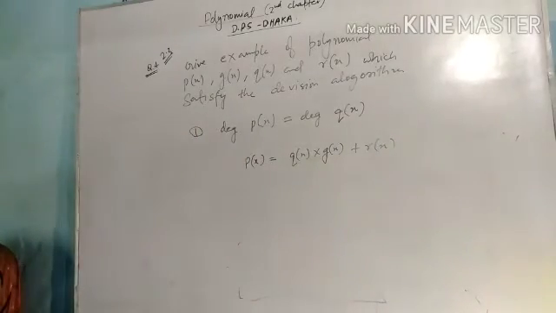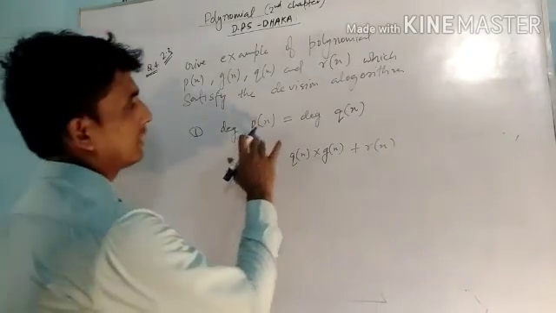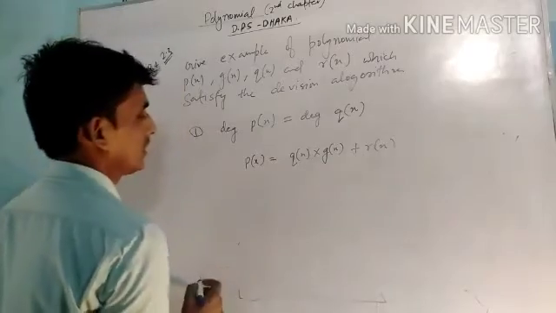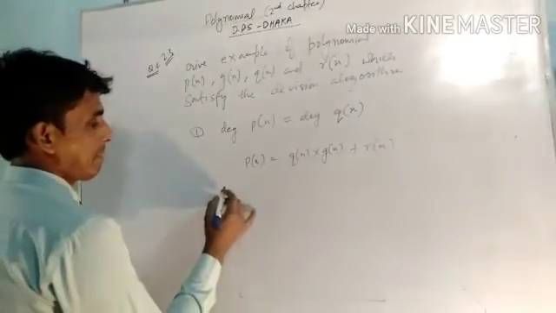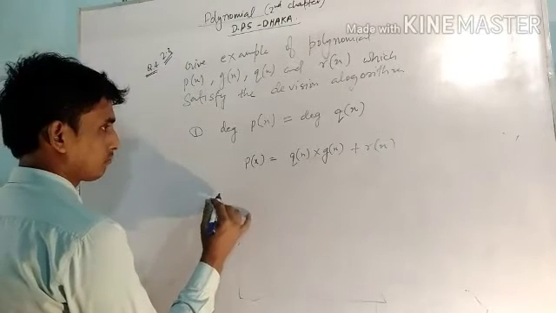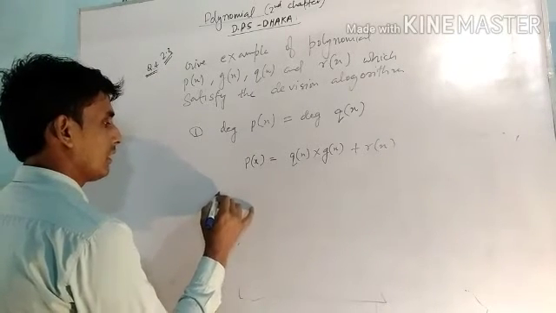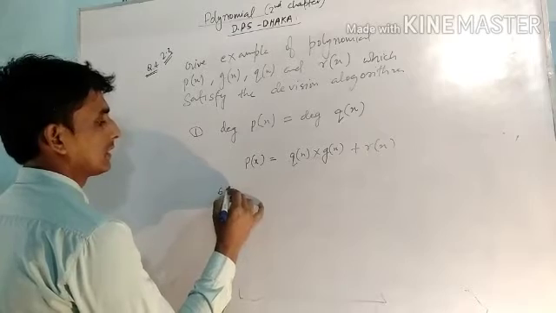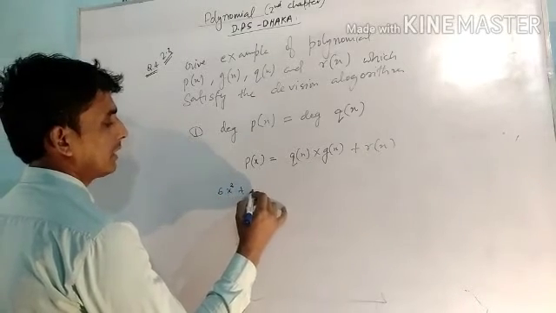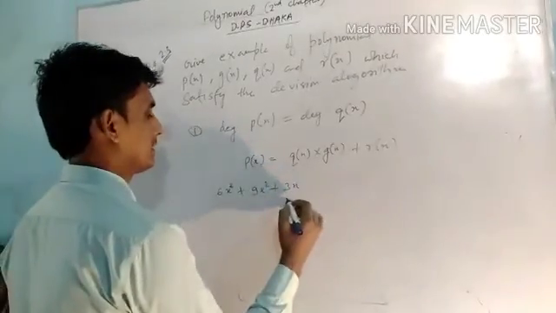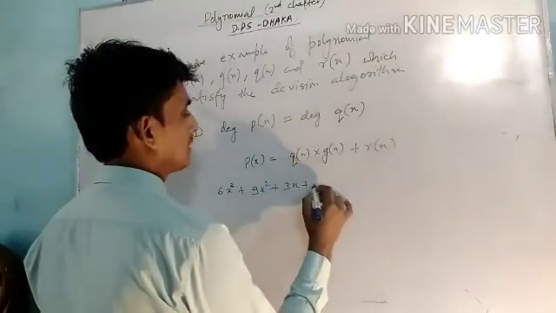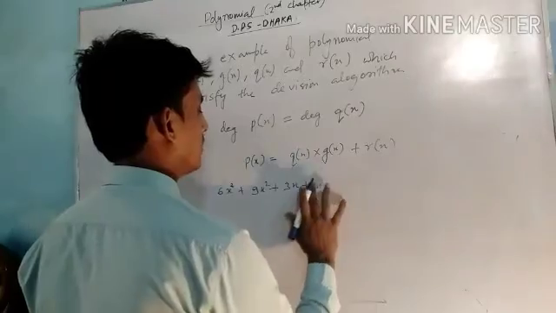So here the degree of px should be equal to the degree of qx. So if we write the polynomial like px is equal to 6x cube plus 9x square plus 3x plus 20,